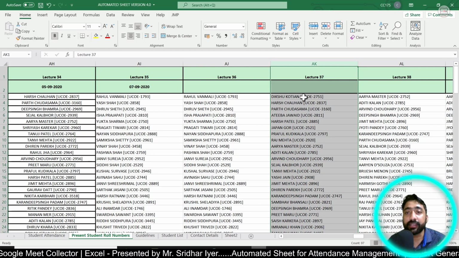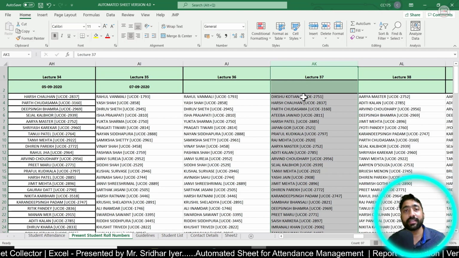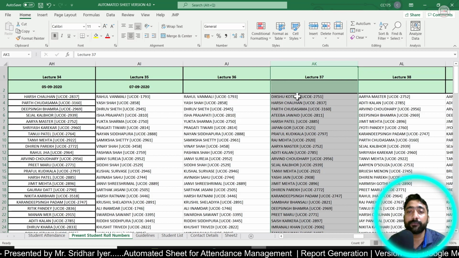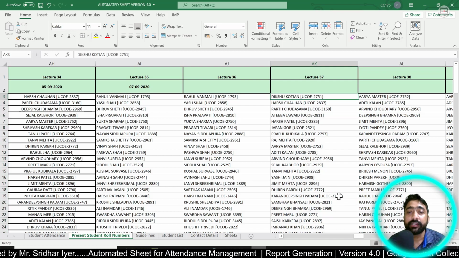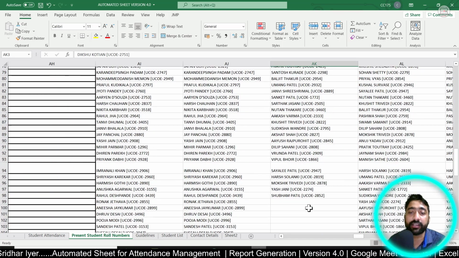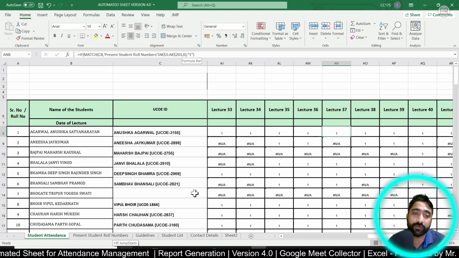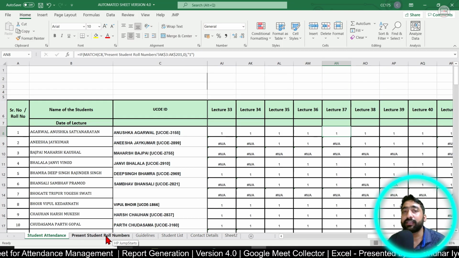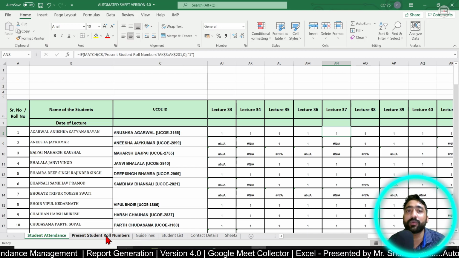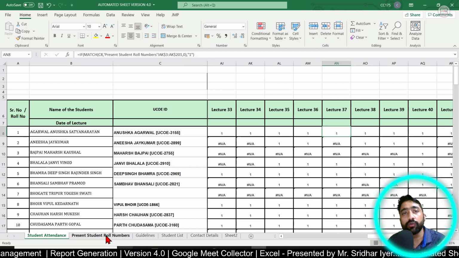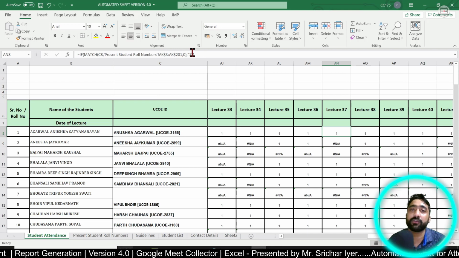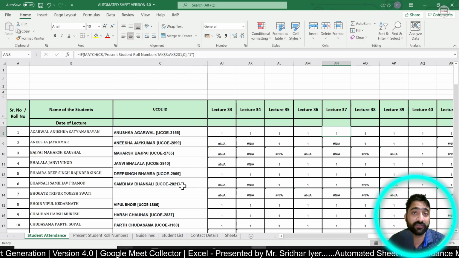So we are starting our search, or basically this is like a lookup table or lookup function where we are searching from AK3 till the very last entry. In our case, we have taken AK201 just for safe side. It can be even more than 200 students, but for safer side, I have taken 200 students. You can modify this particular statement depending upon the number of students you have.